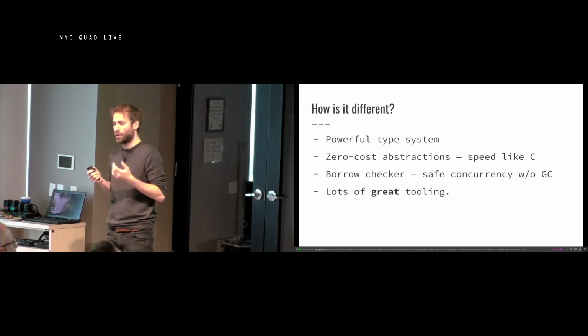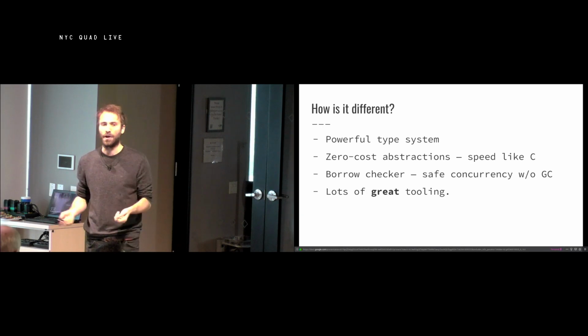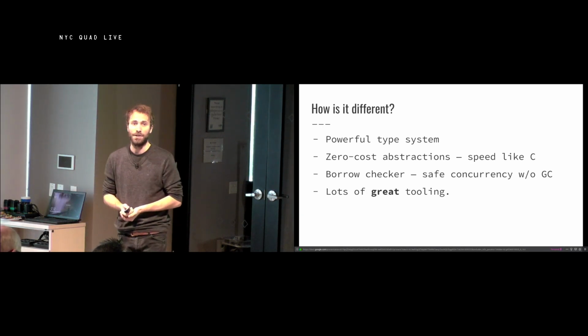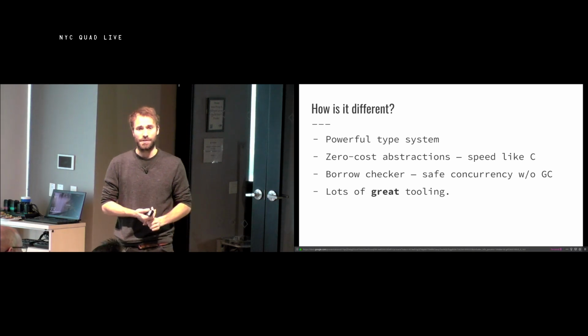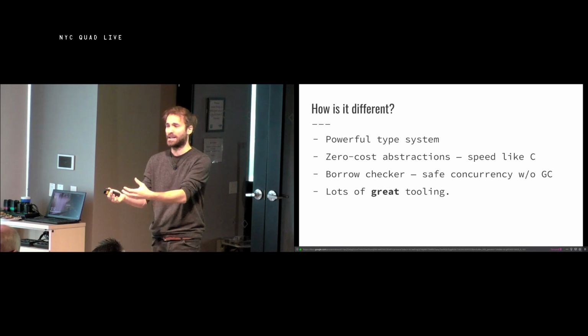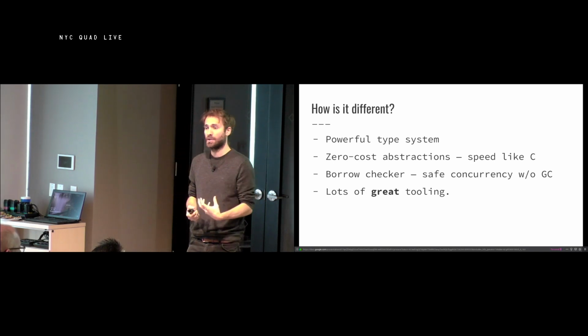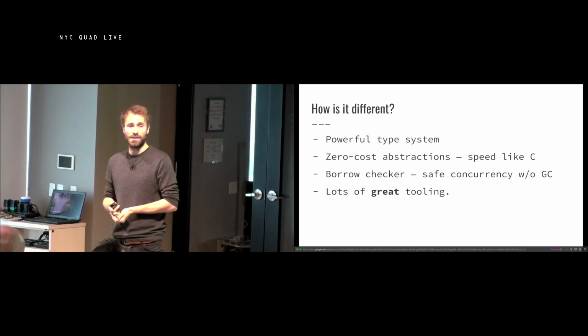Now, you might wonder, well, how is Rust different? There are other programming languages out there. Like, why are we not all using Haskell or OCaml or Go for that matter? What is different about Rust? Well, the first thing is Rust has a really powerful type system. You can think of this as more like Haskell than it is like C. This turns out to let you express constraints in your code a lot better than you can if you don't have good types. You get zero cost abstractions.